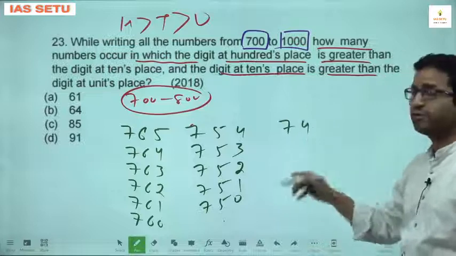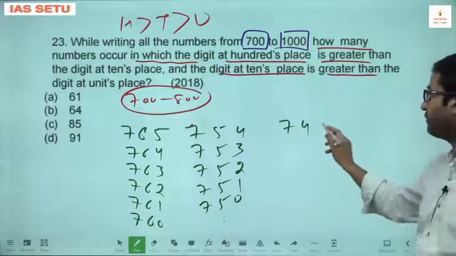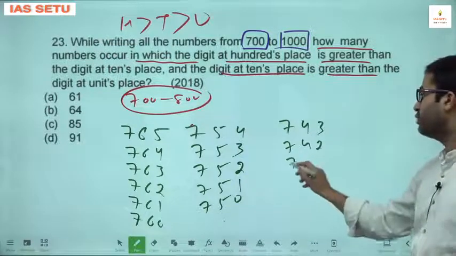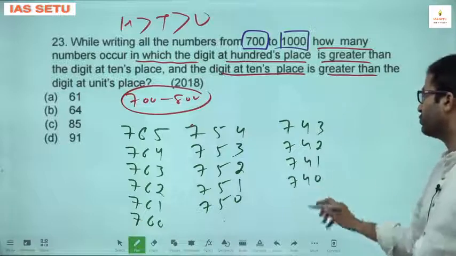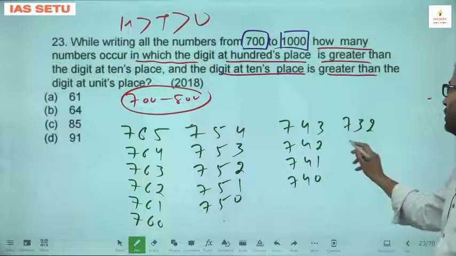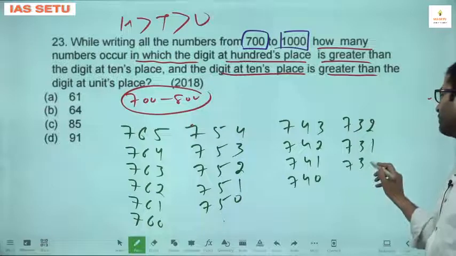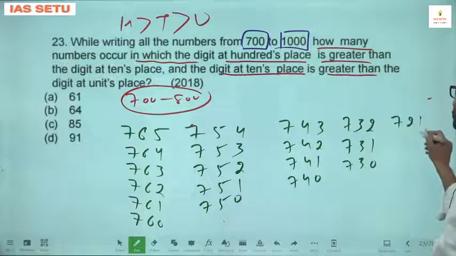Then you take in the range of 740: 743, 742, 741, 740, then 732, 731, 730, 721, 720,